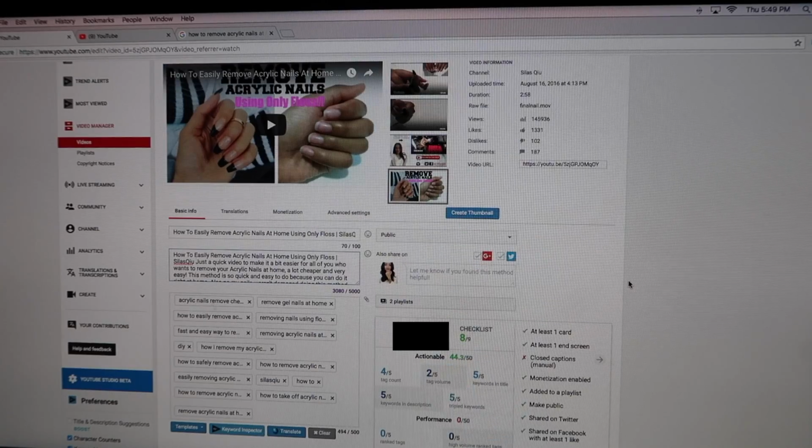So for the description, a lot of people don't know how important the description truly is, but it's so very important because Google actually keeps the first sentence, and that is the first sentence Google will look at when they're trying to figure out what your video is about. So you want that first sentence to be a selling point for Google, for the computer, for the search engine. That's who you want to attract.